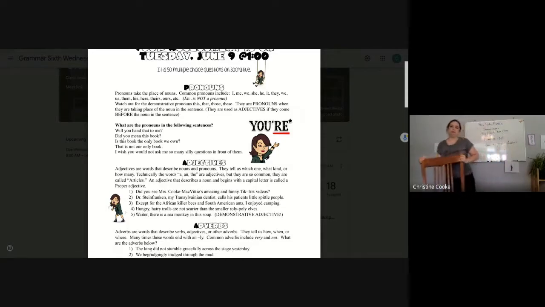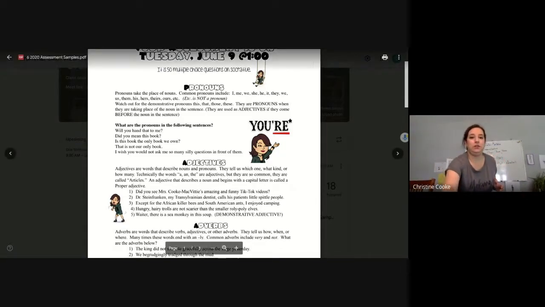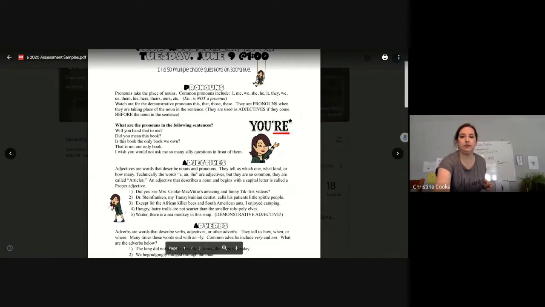Okay, so the first thing with pronouns is you're just going to be finding the pronouns in the sentences. Let me make sure you can see me. Yes, okay. You're just going to be finding the pronouns in the sentence. I think that'll be very easy for you. Don't forget about words like everyone, no one, anyone, something, anything, myself, or himself. But the big thing is going to be your demonstratives. Now, your demonstrative words are just these 4 words.